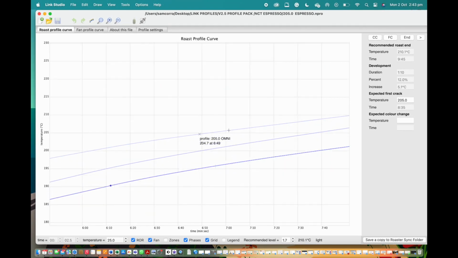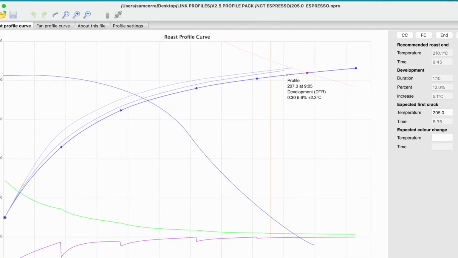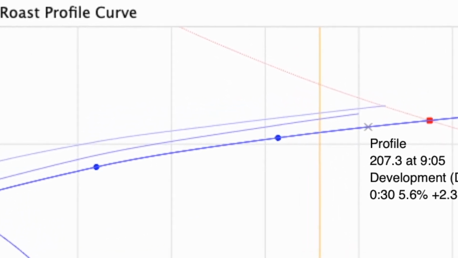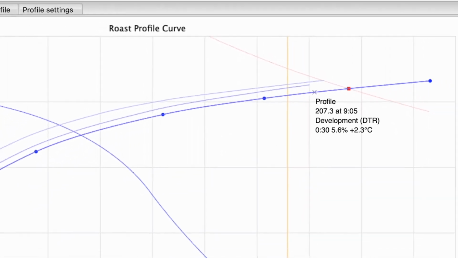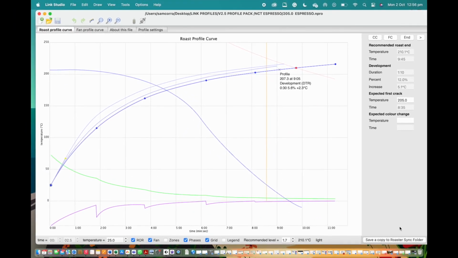With a consistent target first crack range of between 6 minutes and 40 seconds to 7 minutes in general, and the fact this target is the same regardless if you are roasting for espresso or for filter, this puts the pivotal point of this roast use exclusively on the development phase and how much time and heat increase is made after the point first crack has occurred. Altering this phase will give the dictating traits of whether our roast will favor a filter or an espresso preparation more. Or in true Omni style, a range in the middle will be targeted in order to be suitable to be prepared for either use.